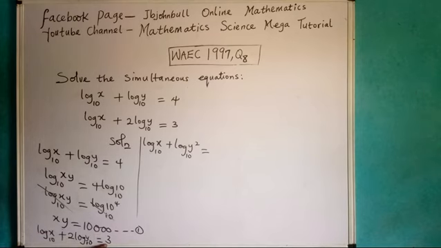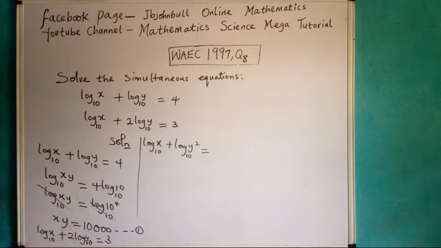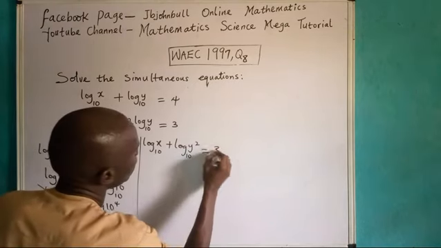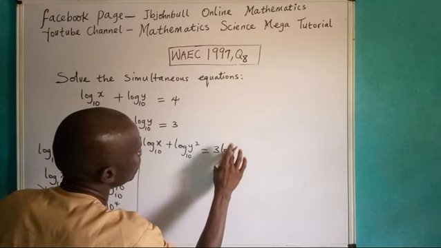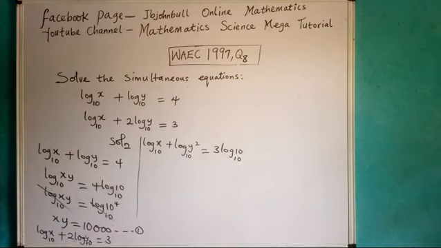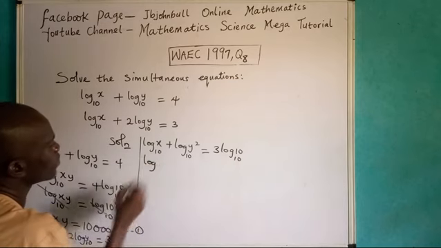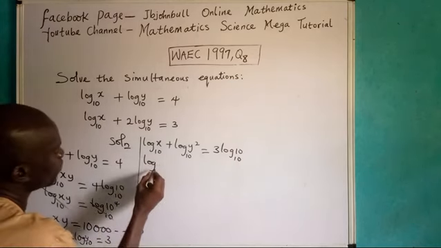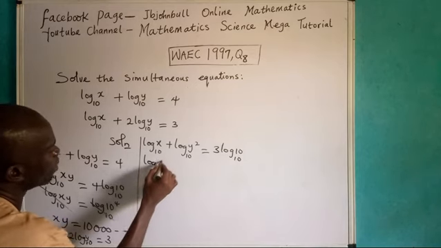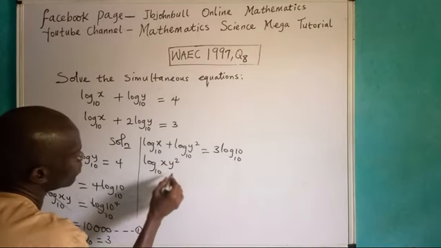equals, here it is not balanced. I need to balance it the way I did to this one. We have to consider the base. We are working with this 10, log of this 10. We have to introduce the log of this 10 on this very part. I will now have it as 3 log 10 base 10. Log 10 base 10 will give us 1, and 1 times 3 is 3. For here, I can maintain the log of base 10 and then multiply because of this addition. I will now have xy squared